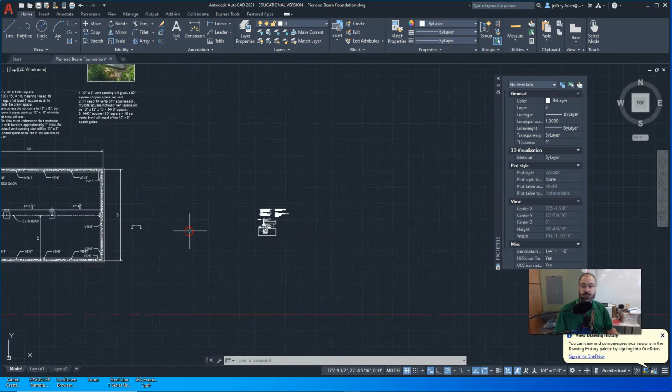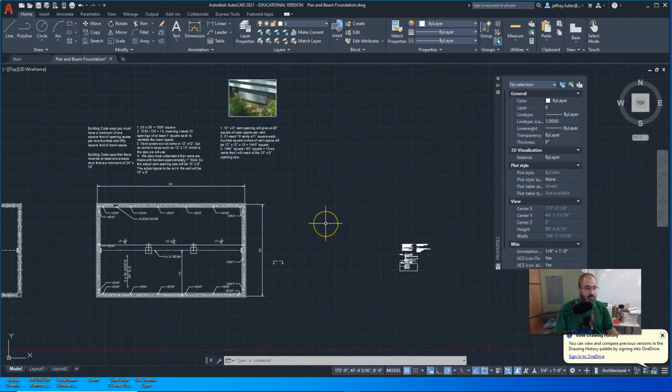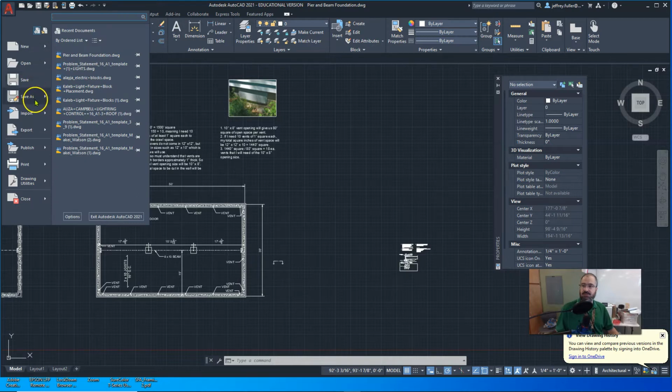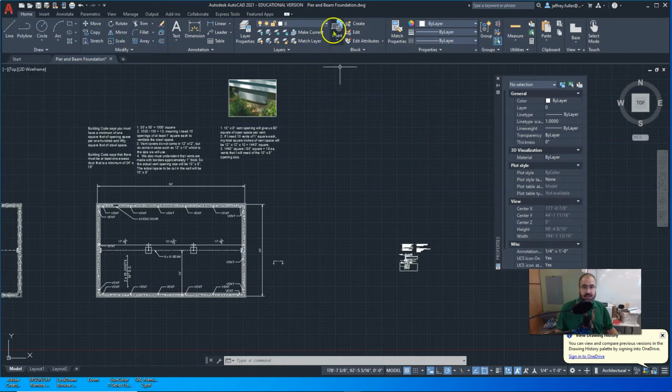Okay. So what I want you to do first, if you haven't already, now I'm using the same sheet, and I do want you to use the same sheet that you drew your pier and beam foundation on. But I want you to go back and make sure you name it correctly, and just rename the file if you haven't done so already, or take this one and just go up here to the A button and click Save As, and then save it as a drawing, and then type the new name. The name of it is Pier and Beam Foundation. You're going to put your first name in front of that,